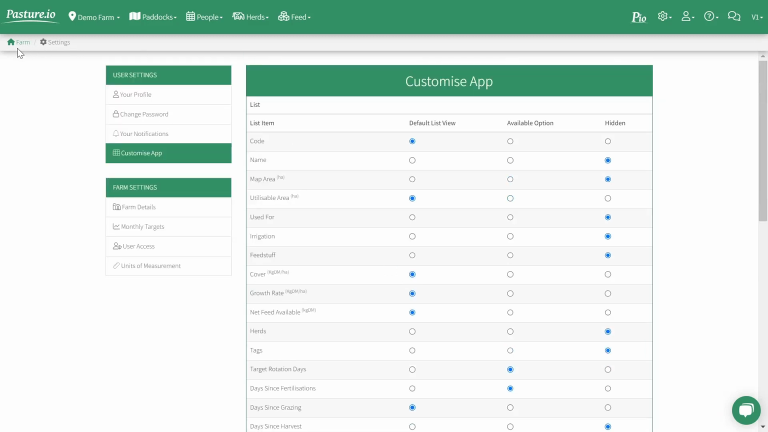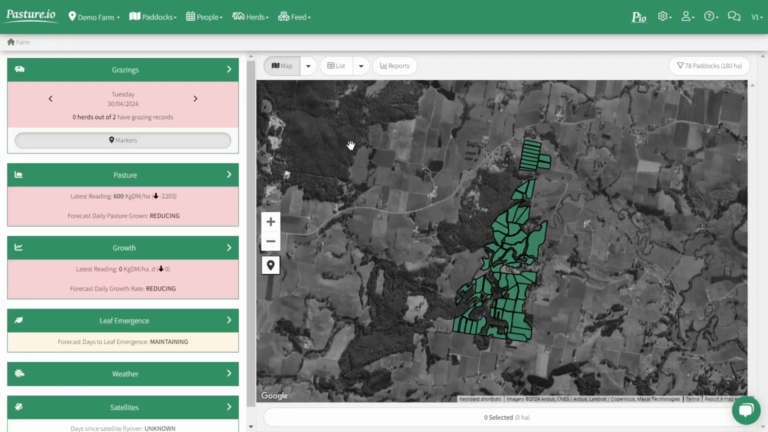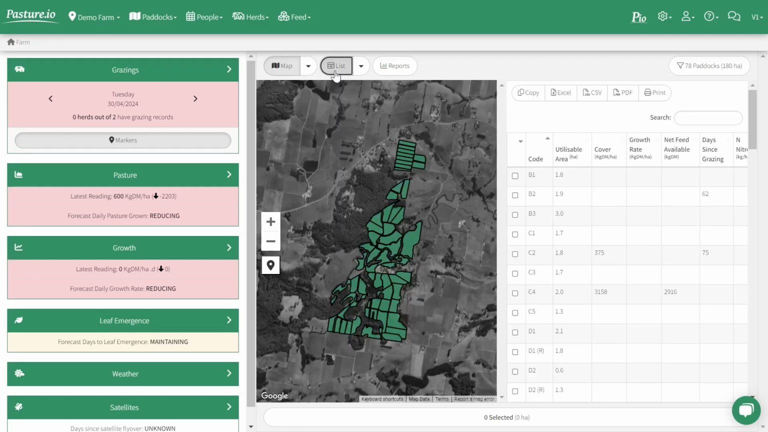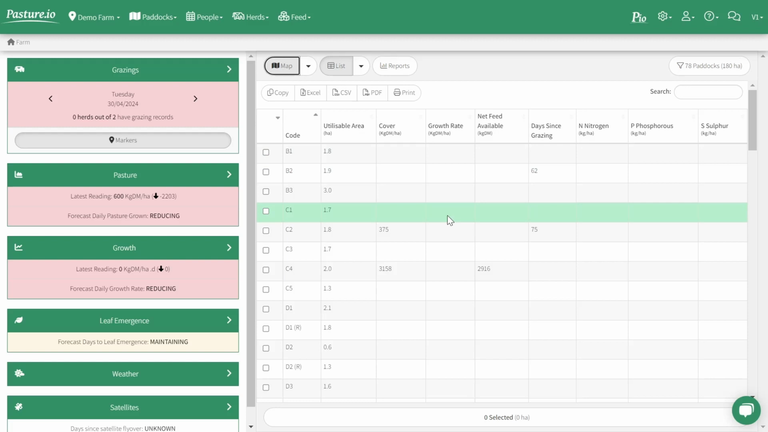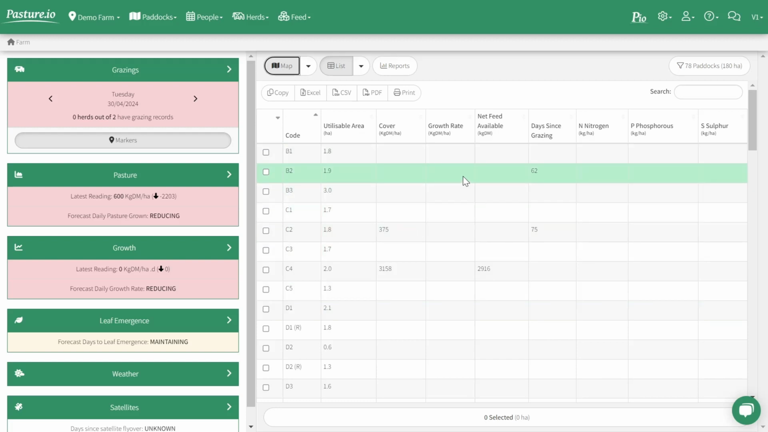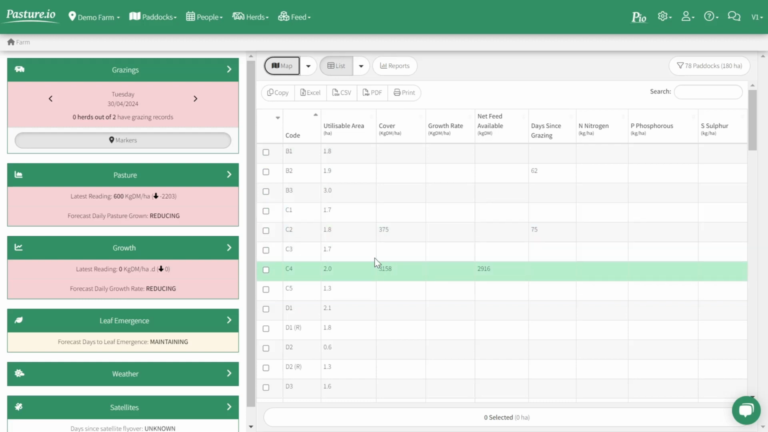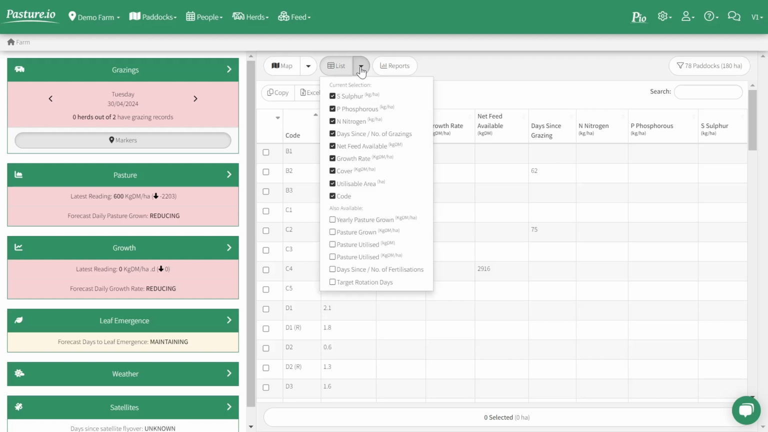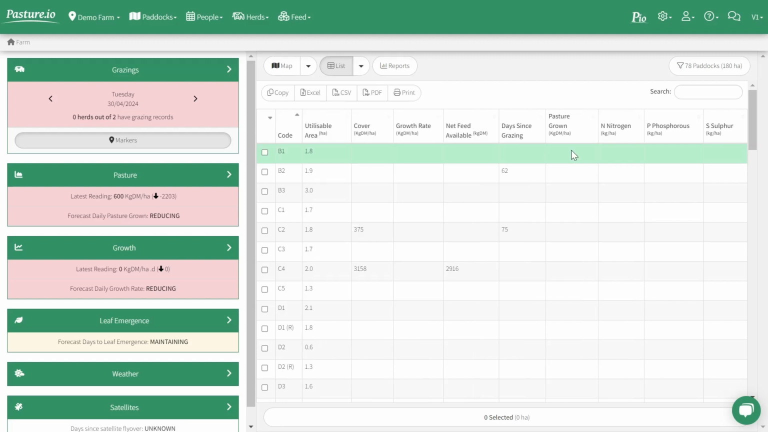With that said, we'll go back to the farm dashboard and we'll open up the list menu and we'll just expand it by removing the map. So for this particular farm, this is a demo farm, so there's no data in these cells other than some samples here. For you, all of these cells will be filled up with numbers. As you can see, these items here match what we have checked here. If we check one of these, like pasture grown, it will then add itself